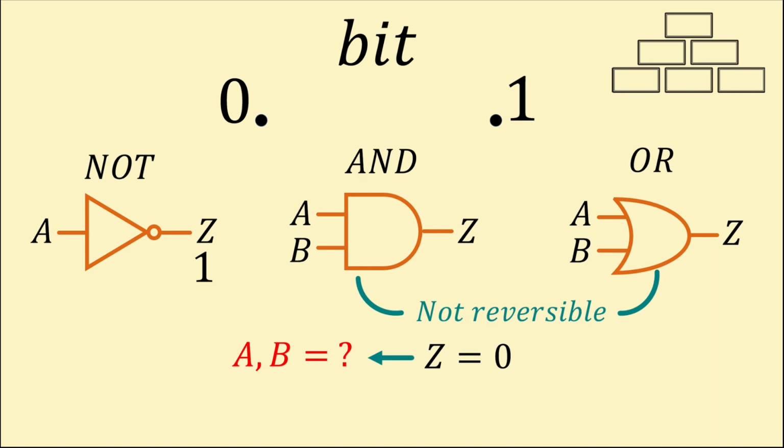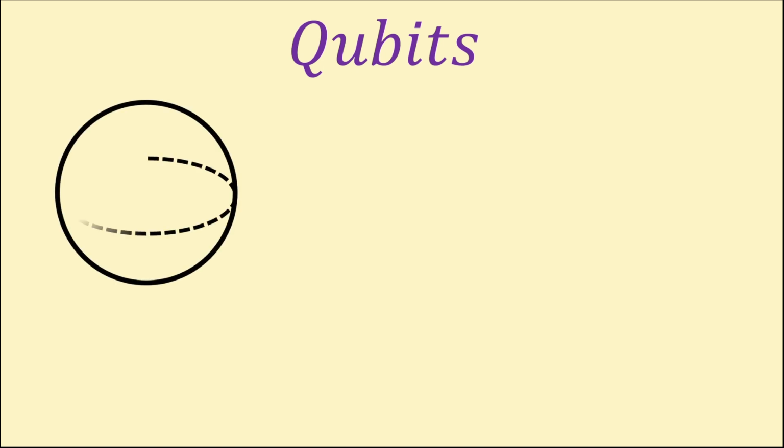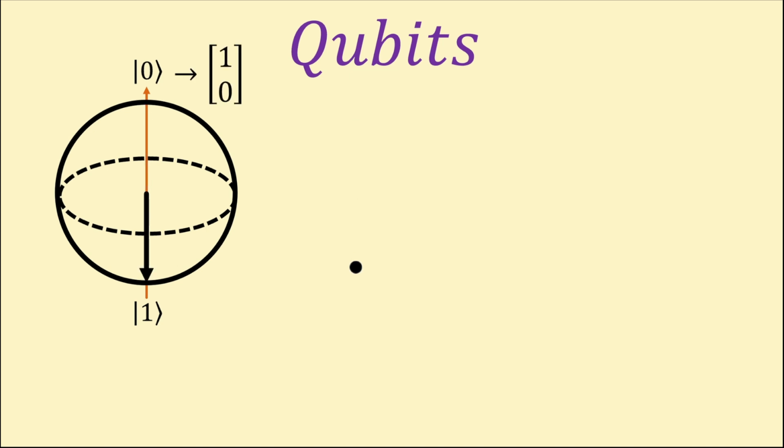Keeping this in mind, let's take a look at a qubit. To represent a qubit, we draw a unit sphere, and we have, similar to bits, two basis states, ket 0 and ket 1. Under this bracket or Dirac notation, if we wanted to represent the 0 bit, we would just have to draw a straight arrow from the sphere's center to the North Pole. If we wanted to show the 1 bit, we would draw a straight arrow to the South Pole. In matrix form, ket 0 is [1 0], and ket 1 is [0 1]. This will come in handy later for quantum gates.